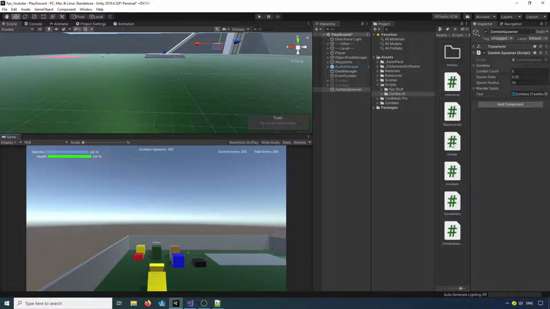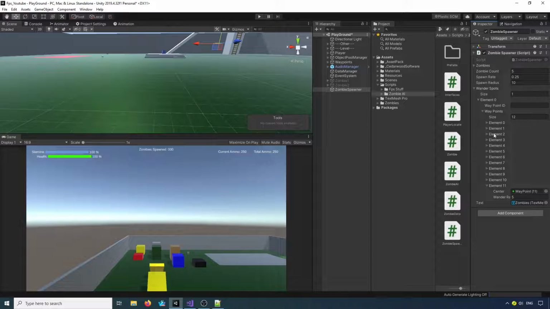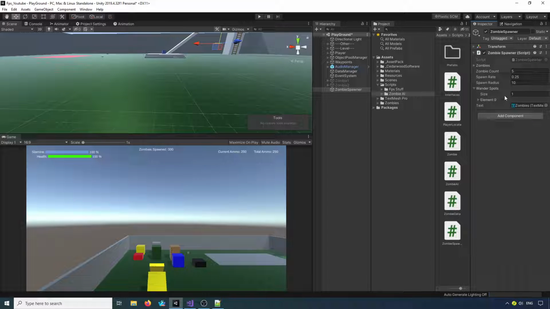We'll have the main zombie script, which will handle our animations and stuff like that. We'll have a zombie AI script, which will handle the different states of the zombie. And we'll have a zombie data script, which will be a scriptable object, which will contain all the data we need for the zombie. And a zombie spawner script, which, as you can see, has how many zombies we want to spawn and the spawn radius. We've got wander spots, which is a list, so we can have numerous different waypoints all set up, so we could make the list,